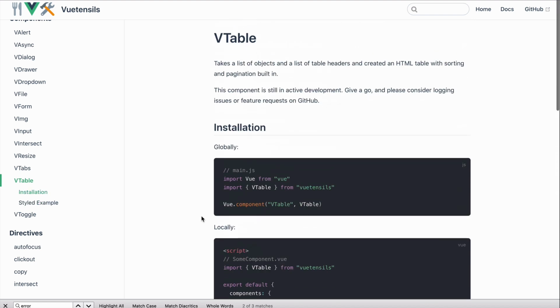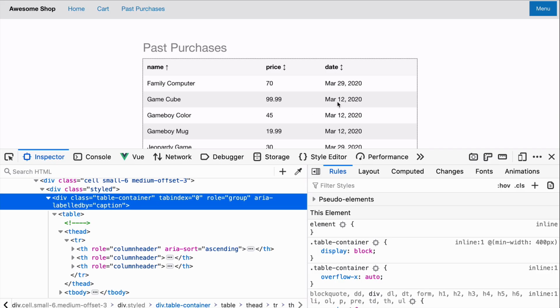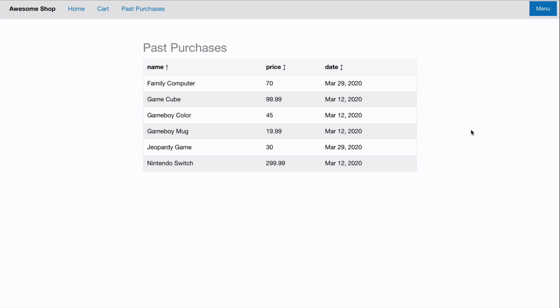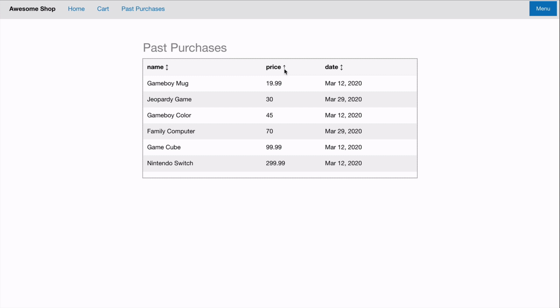There's really not a lot to the vtable, so you'd probably only use this if you're making a basic table. I'm sure it's going to be built out more, but for right now, that's pretty much what you saw on my page here. In the past, when I've had to build client tables, they were much more complex than this, and using libraries like Element UI, where they have very robust table options, is super helpful. So I'm not actually sure if I would use this in real life,